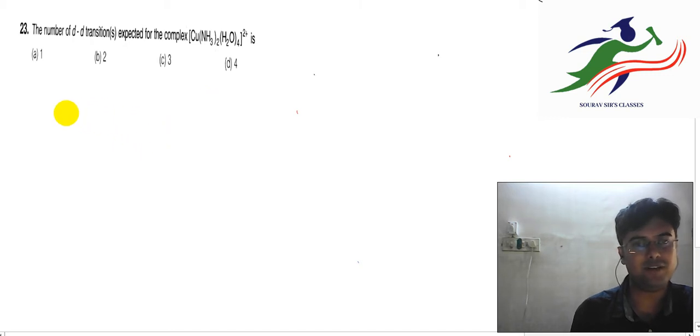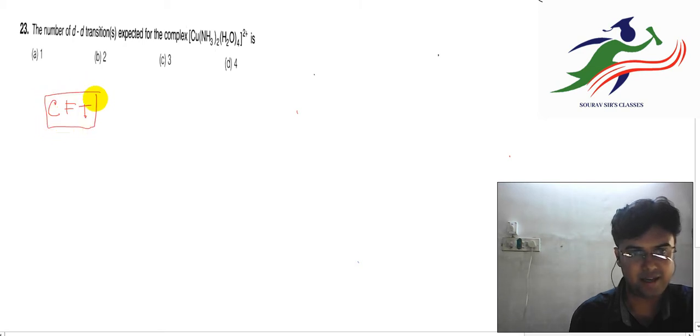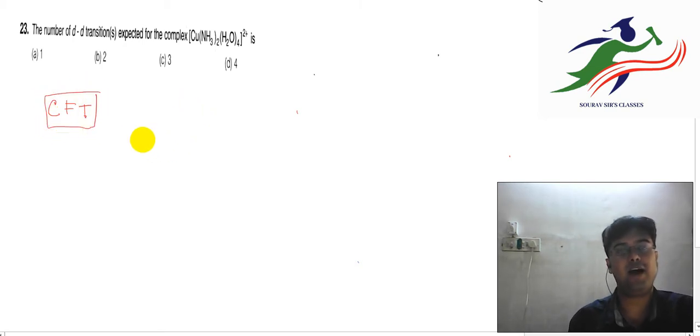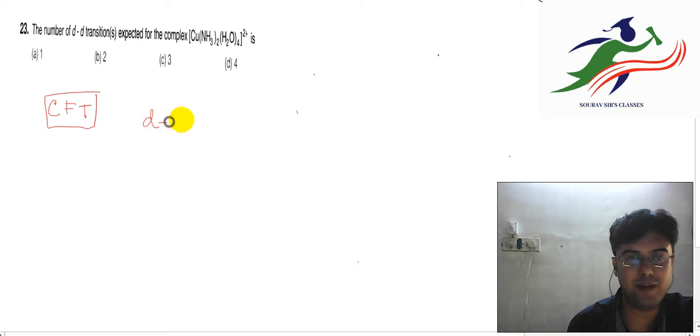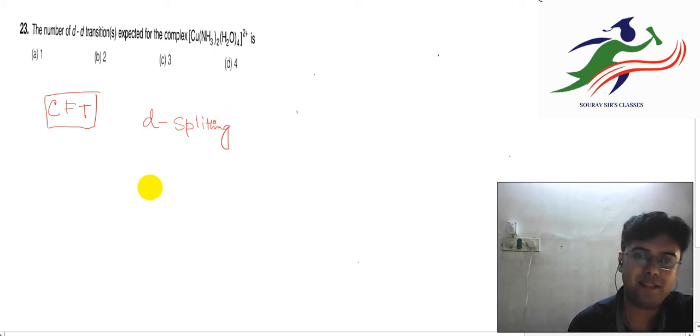So this question is based on the crystal field theory. In crystal field theory, we have learnt about the splitting of d subshell. As we know, the d subshell has got 5 orbitals. They are